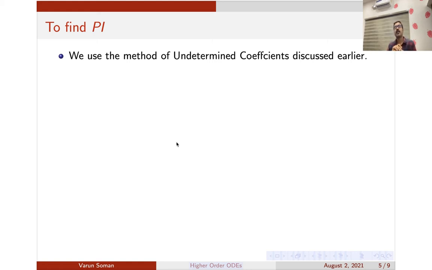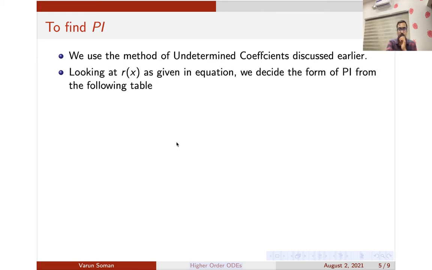So if you know the concept of undetermined coefficients, you can easily understand this method also. So no new concepts are being introduced. Just go through the video of undetermined coefficients, then you will understand the method here also. You are just looking at the RHS and then you are writing down the particular solution. Okay, so we'll do one problem now.